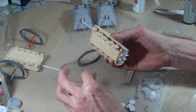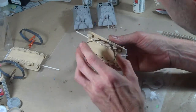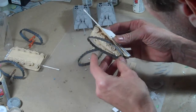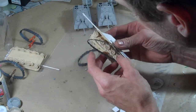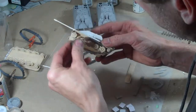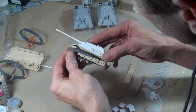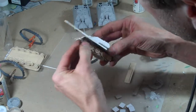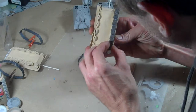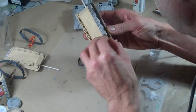Now this can really be a challenge to get in there. So try to be careful. I really suggest setting the rear in first, because that's going to be your biggest challenge area. So yeah, you really have to jam that rear part in before you're even going to be able to work on this front part at all. So get that in, and then once you've got it set, which may take a little while,